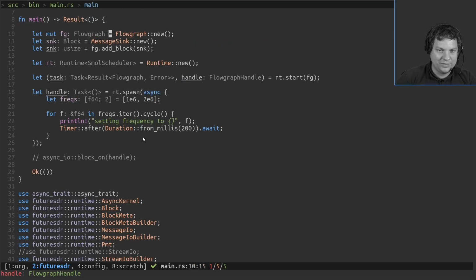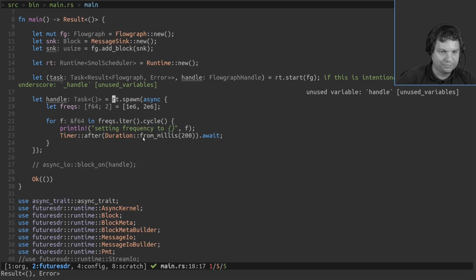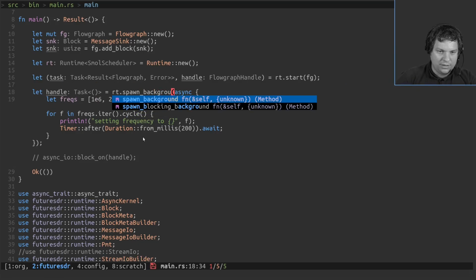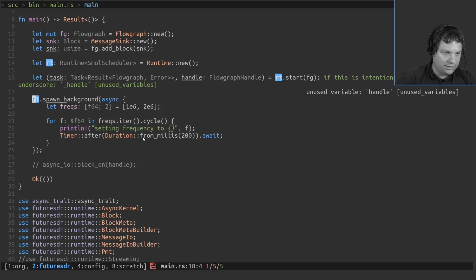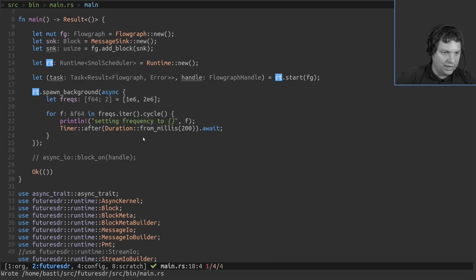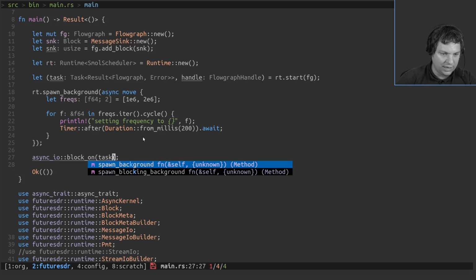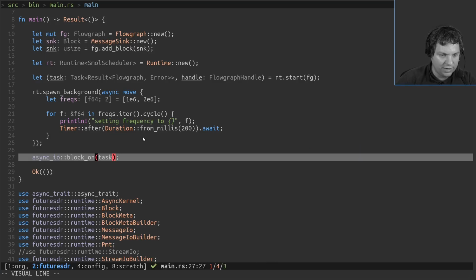Okay, so let's go back. So we want to now call this message handler in our block in our async function. Say spawn background and get rid of this handle. So, and now we have down there, we still then use the task of the flow graph to kind of block the thread and wait until the flow graph finishes.